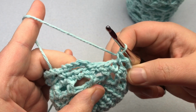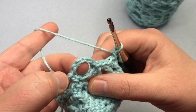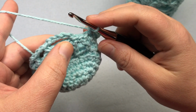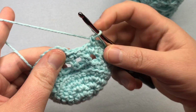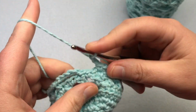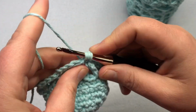We're coming to the end of round 3. We've done our last single crochet, and then you have this chain 5 that we originally did. So this is going to finish out as a V-stitch. So we're going to go right into this chain here, or this stitch here, and double crochet. But first you need to chain 2, 1, 2, yarn over, double crochet right into that stitch,